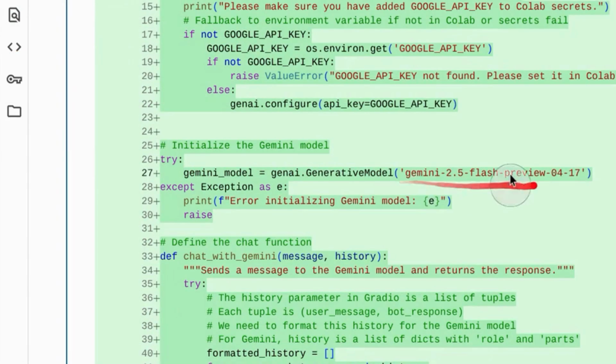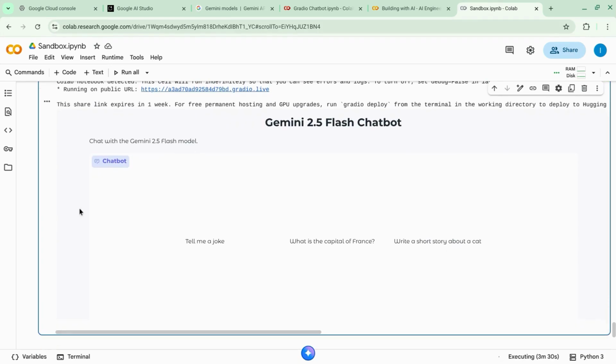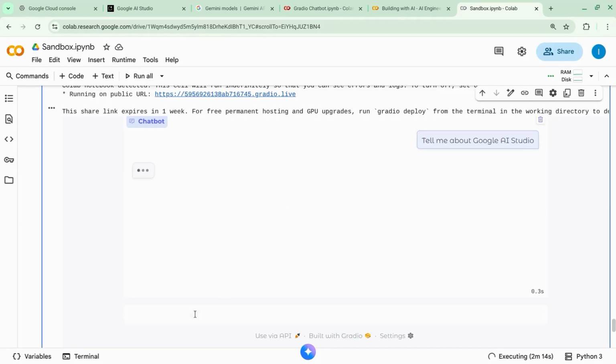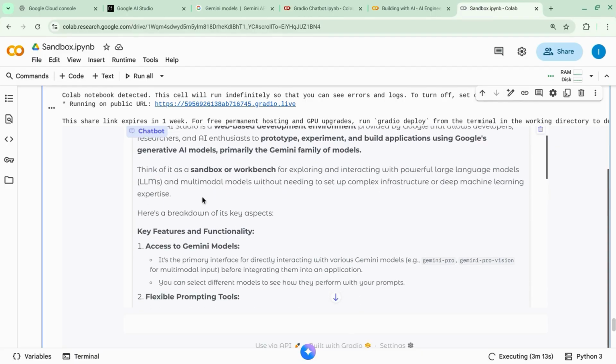I'm just going to change this Gemini model here from the preview model to simply Gemini 2.5 Flash. It runs the Gradio chatbot, and here it is down below. There's some suggestions for sample prompts that it gives us, but I'm going to ask it to tell me about Google AI Studio. In about 15-16 seconds, it provides this explanation: a web-based development environment to prototype, experiment, and then